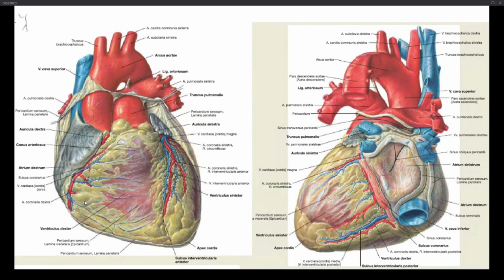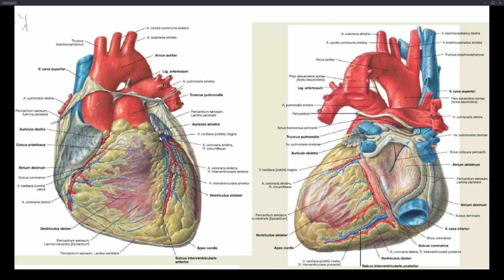The yellow stuff you see over here is actually just fat, so you don't have to get it confused. It's fatty tissue that serves as a shock absorber and to stabilize everything. Over here, you can see the atrium dextrum with the auricula dextra. The auricula dextra and sinistra are basically just like little sacs of the atrium that peek around towards the anterior